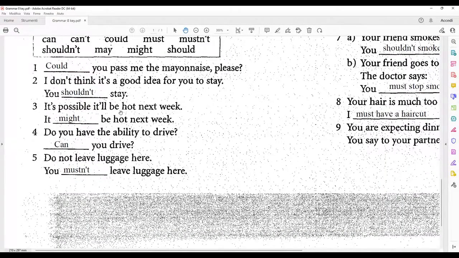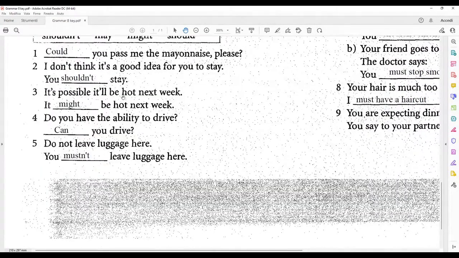It's possible it will be hot next week. So it's a possibility, but I mean, can we be really sure about it? So it might be hot next week. It might,